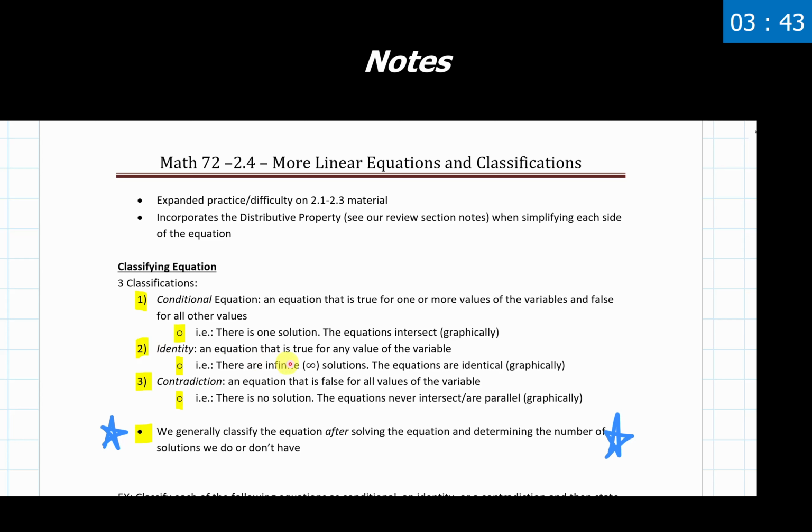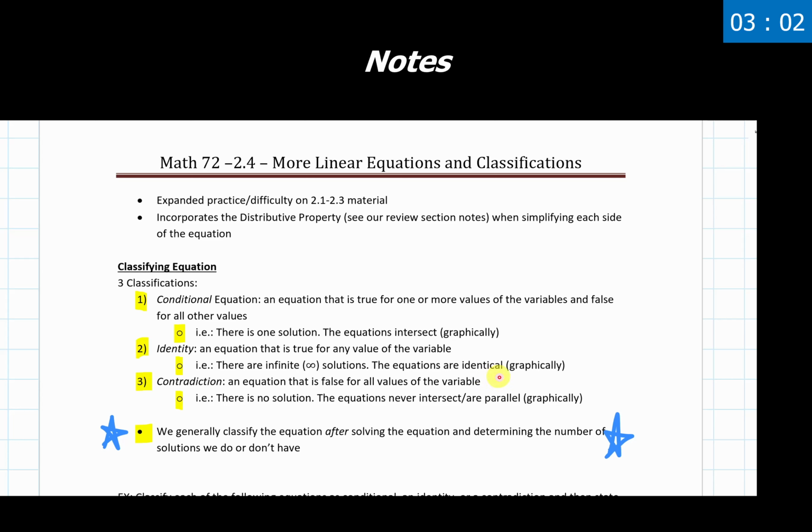This is a case where an equation is true for any value of the variable. This effectively means that there are infinite solutions. I can plug in any x value that I want, or any input value, really, and I'm always going to have the left side of the equation equaling the right side of the equation. If we were to look at this graphically, it means that these two equations are identical to one another. There's no difference in anything other than maybe the way they are originally written out, which is probably the most common way that we see identities show up in these problems. They look completely different at the beginning, but it turns out partway through the process, they're the exact same thing.